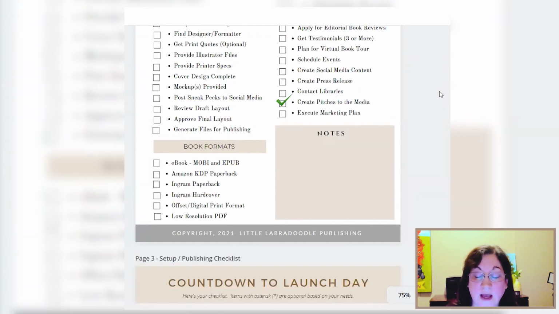Pitches to the media. We did have discussions where we had Lida visiting us and talking about how to pitch your book to the media. So once you've got a book and you're getting ready to launch, you should be pitching it. What's the story behind the story? What's amazing about your book? You've put it into your press kit. Make sure you get the publicity that you need and pitch it to people. A lot of the writers that are out there writing articles and stories about picture books or topics like yours are on Twitter, or you can find them by going to hunter.io and get their contact information. So do the work and put a little bit of extra effort.